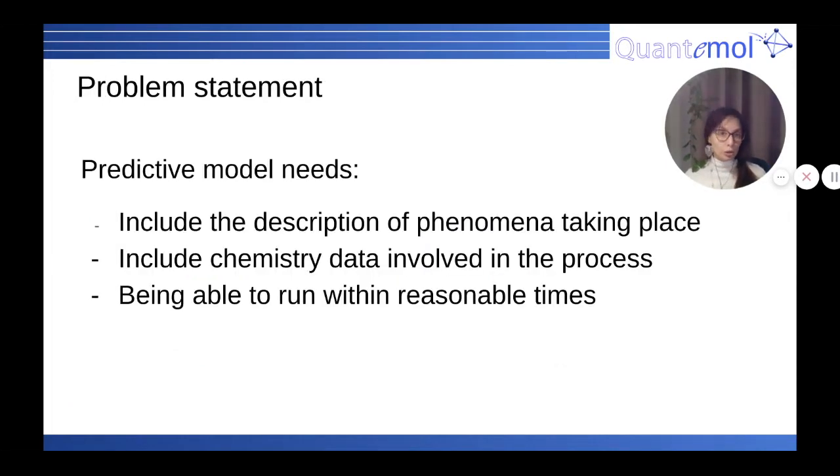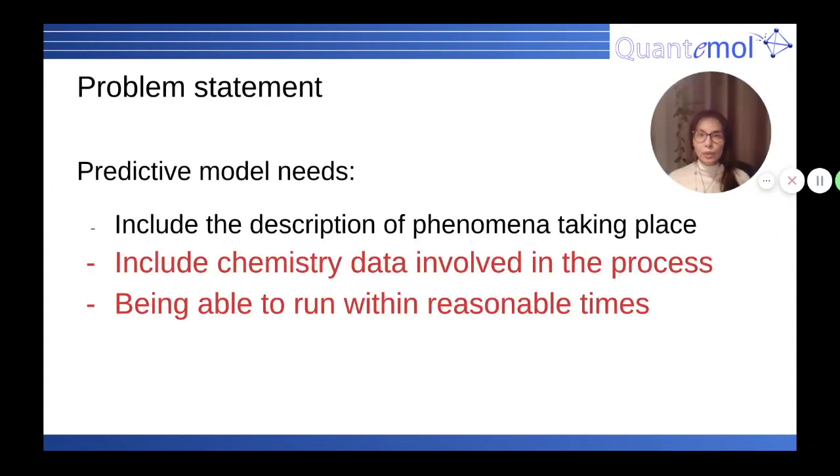So if we want modeling to be helpful, we want it to be predictive. We need a model which will predict the experiment. To do that, there are different factors, and among them, for example, it needs to include the description of phenomena taking place, such as solving appropriate equations. But it also needs to include the chemistry data for the chemical processes taking place in the plasma. Another important factor, especially for industrial users to benefit, is that the simulation should run on a time scale comparable to how long it takes to run experiments. I will focus on the two latter points because they are actually